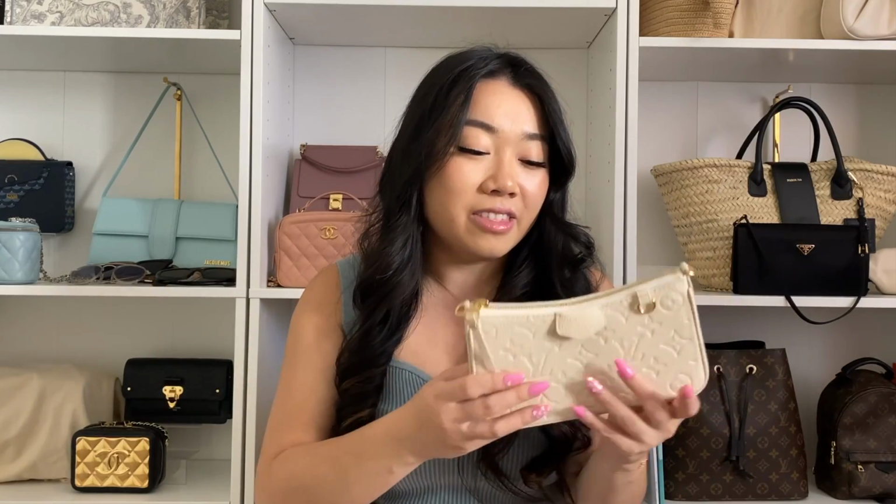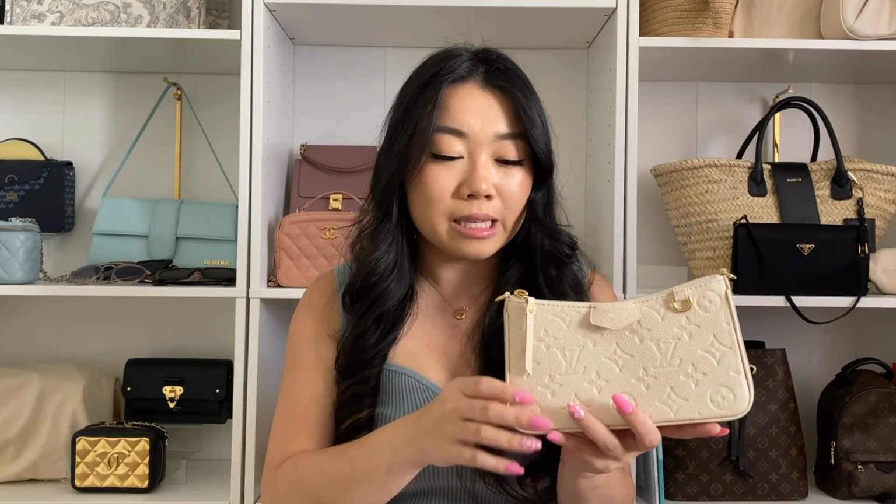I didn't use it just because I didn't find a use for it, I'll be honest. I probably shouldn't have bought this bag. Looking back at it now, I don't feel like I need it. Even now, I don't really use it. But the leather feels very thin. I have other pieces that I purchased throughout the years, and I feel those pieces have a lot thicker leather. For whatever reason, this does feel